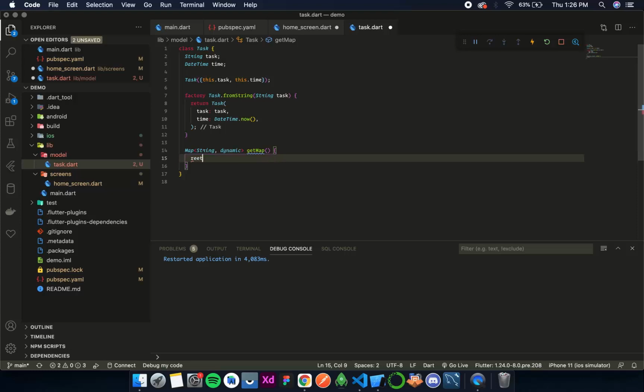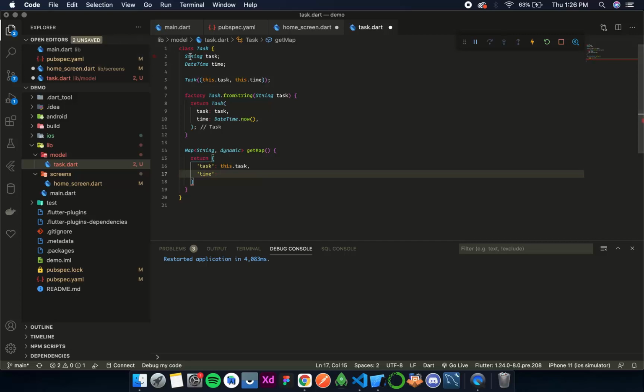Okay, and then over here you return a map that has a name as task, and the task is this.task, and then we need the time.